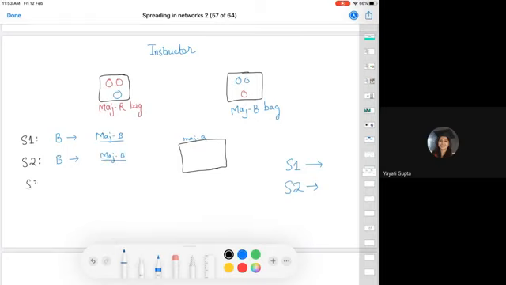Coming to student 3. What if student 3 sees a blue ball? He is going to say it's a majority blue bag. What if student 3 sees a red ball here? What is he going to say? So assume logically you are in the shoes of student 3 here. There were two students before you and both of those students said that it's a majority blue bag. And now it's your turn and you draw the ball and it's a red ball. So what are you going to say?